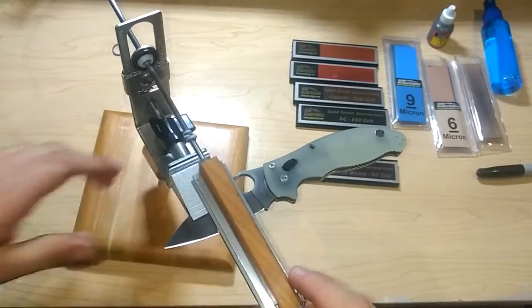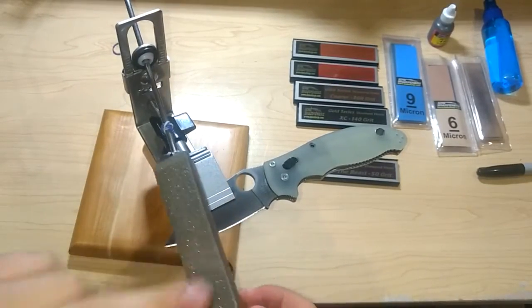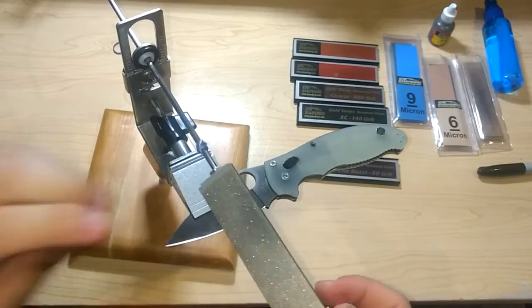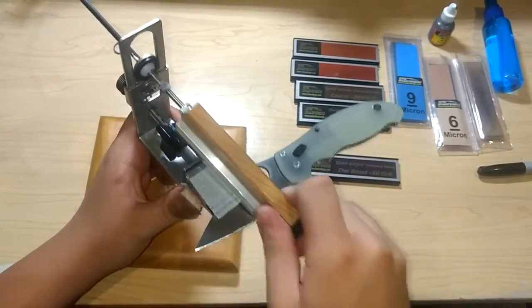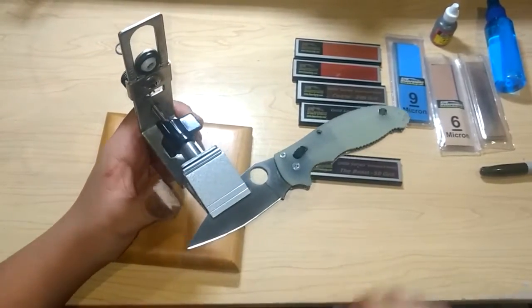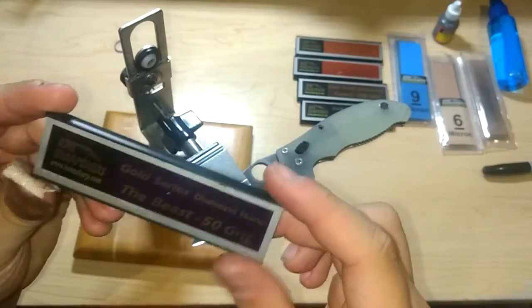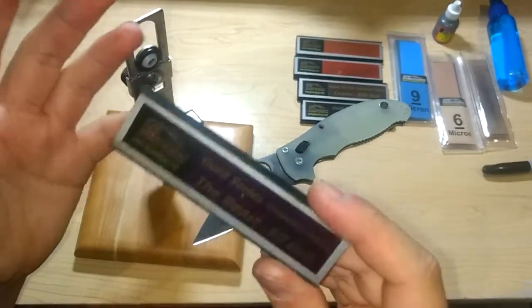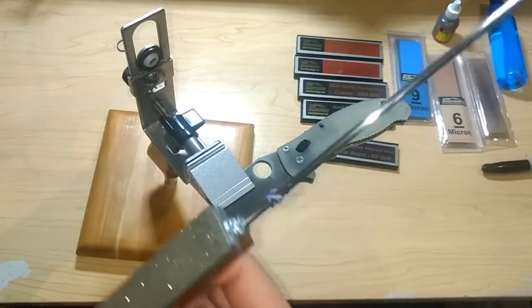So, a thing about the KME that I really like is these stones are excellent. I mean, the 100 grit is just about, I mean, is the 50 grit nice to have? Absolutely, it works like a charm. But sometimes, I mean, dare I say, sometimes it's a little too much. 100 grit is, I mean,